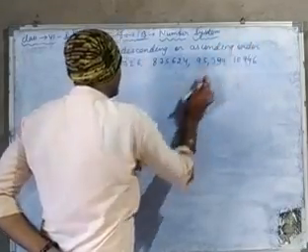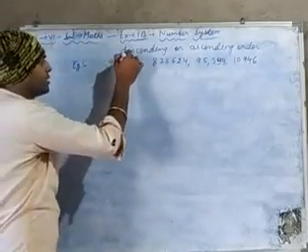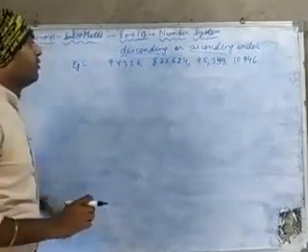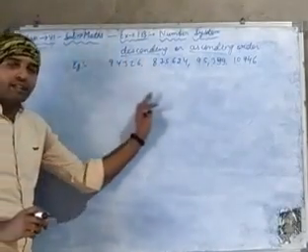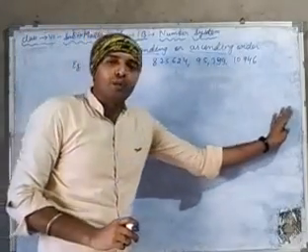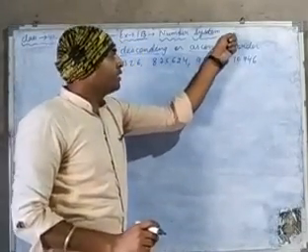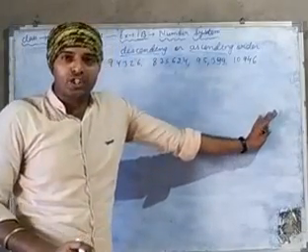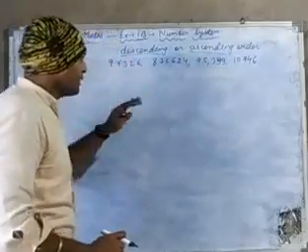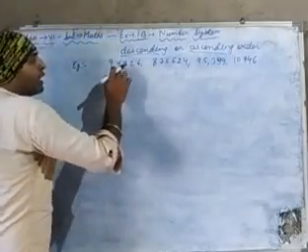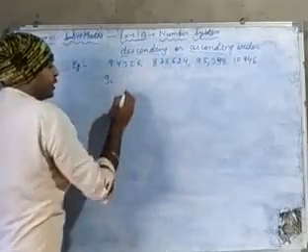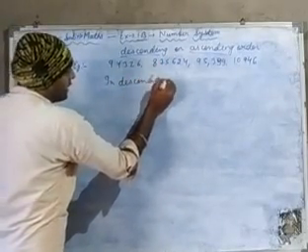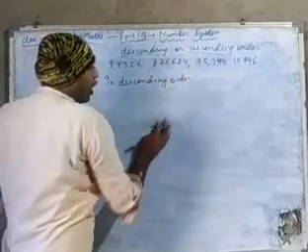Now you already know what is ascending or descending order. Descending order means we have to start from the largest and further go to the smaller one, and in ascending order we will start from the smaller number and end with the largest number. So first we will arrange these numbers in descending order.